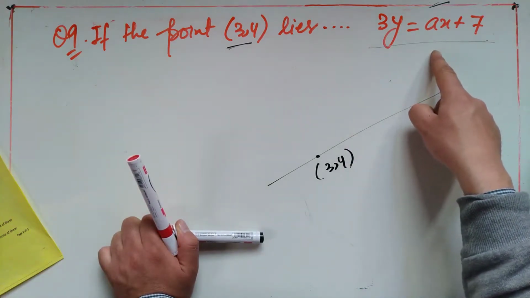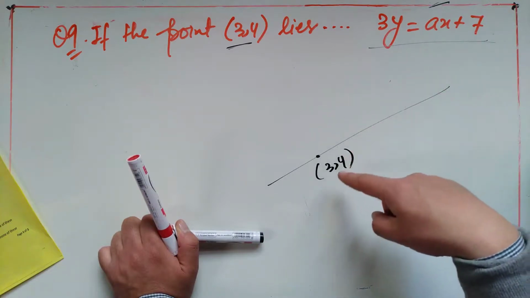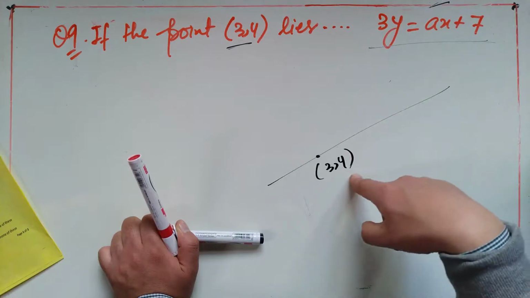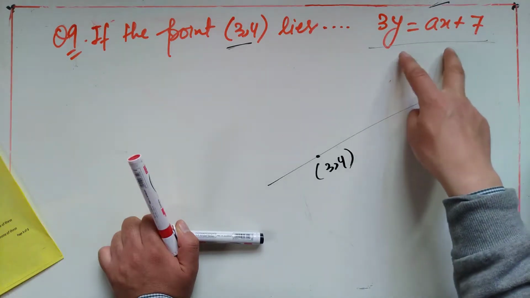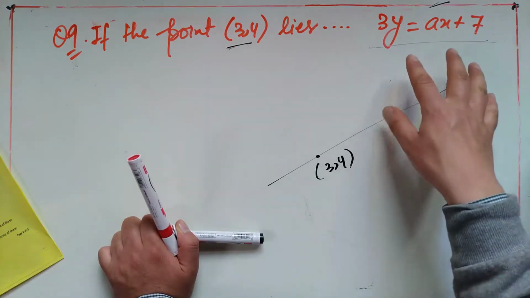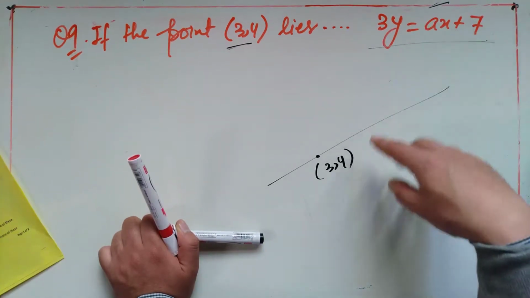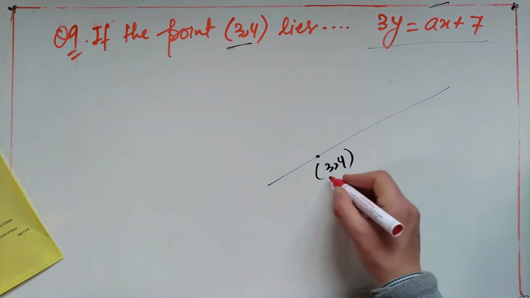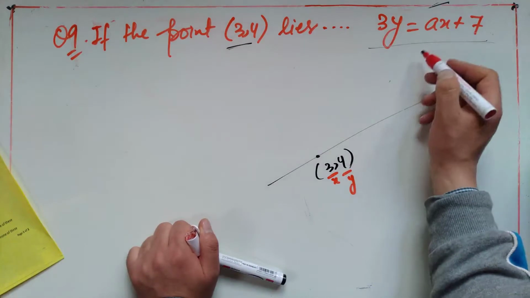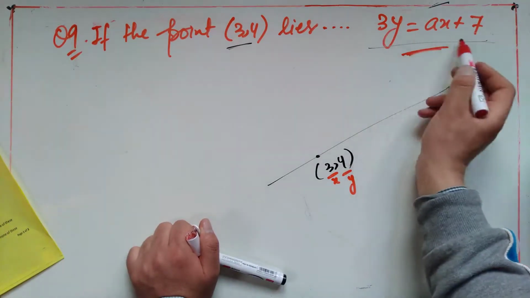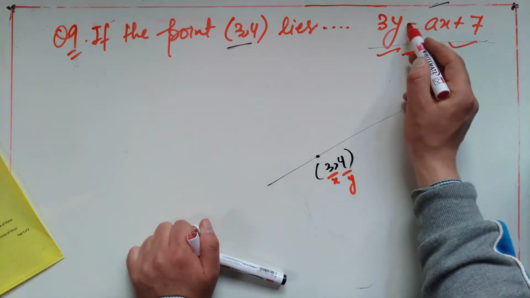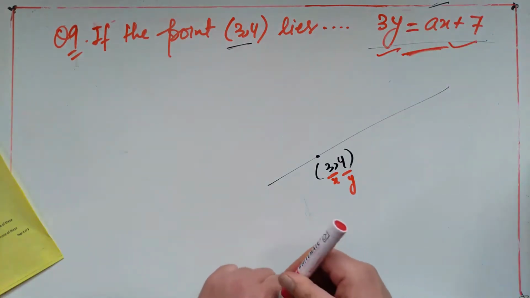Or we can say in terms of algebraic equations that this point is actually a solution of this equation. Yes, (3, 4) is the solution of this equation because it lies on its graph. And if it is a solution, that means it must satisfy it. That means instead of x, if I substitute 3, and instead of y, if I substitute 4 in here, then the equality still holds. That means LHS and RHS will still remain equal. And that is what I will do.